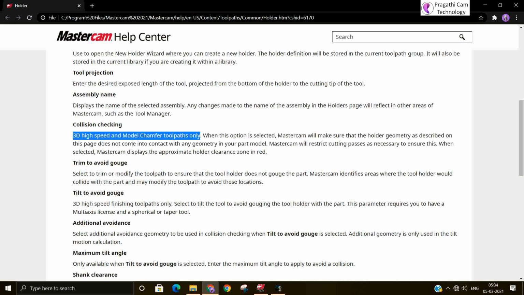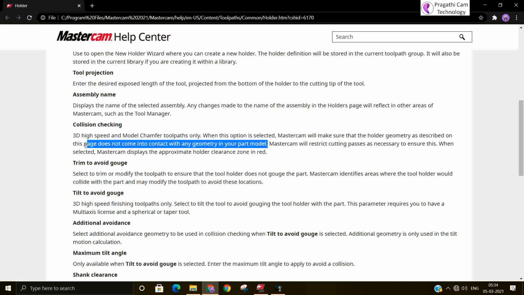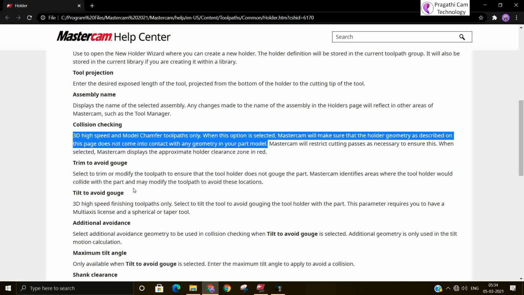That will be taken care of by restricting the toolpath move in that particular area. You can read it and understand. Trim to avoid gouge means it will remove the gouging passes from the toolpath.